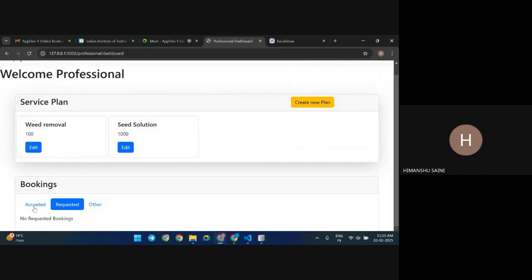It's there. Now, see, these are the accepted bookings all here. I want to make one more table. Suppose a customer has created a booking for tomorrow, right? And I'm a professional. I'll accept that booking today, and it will be shown in the accepted here, right? But tomorrow, if I come on my dashboard, I want to see